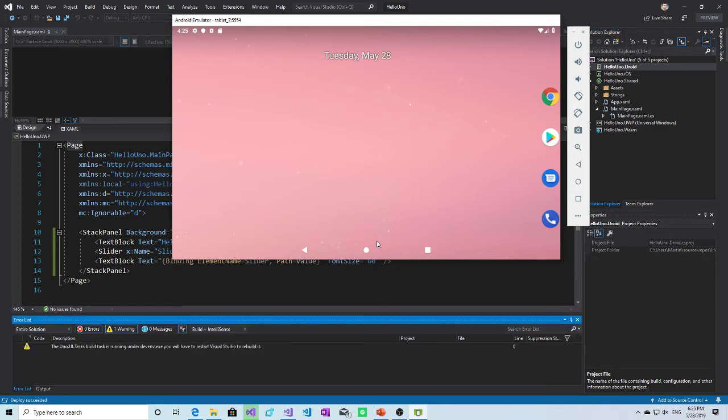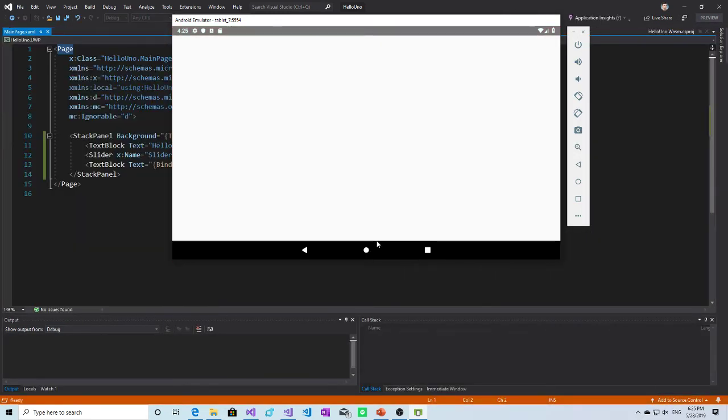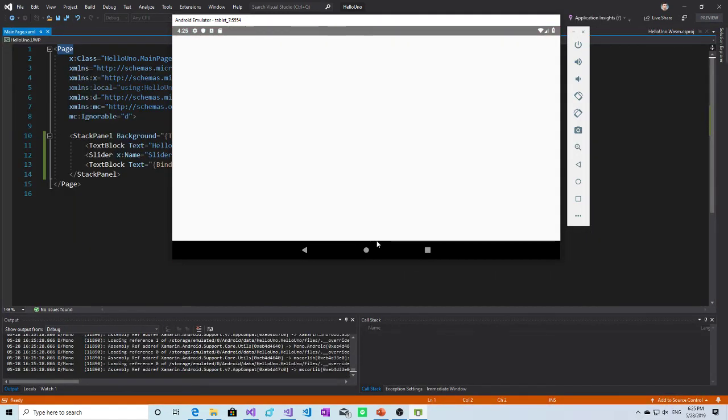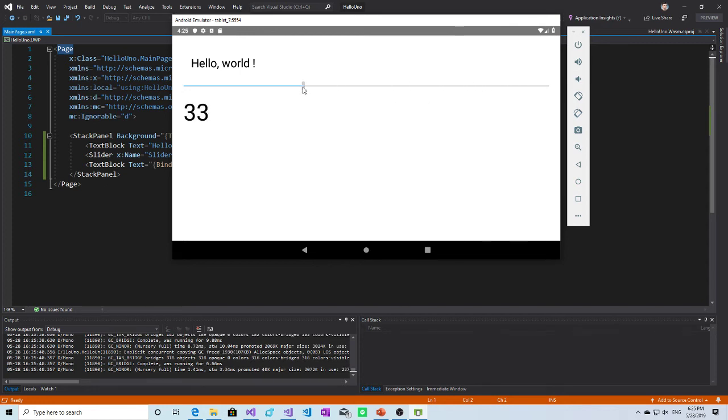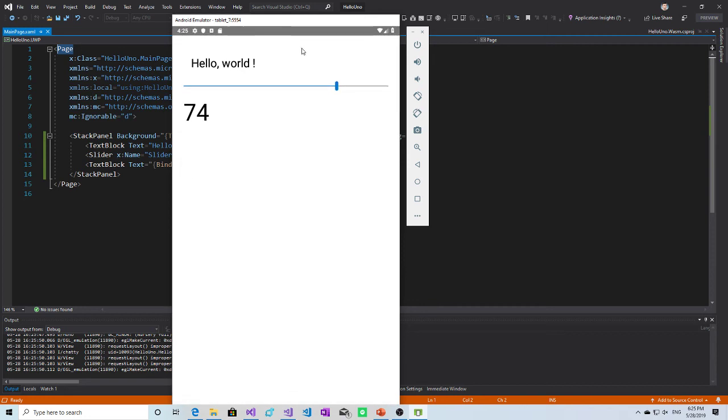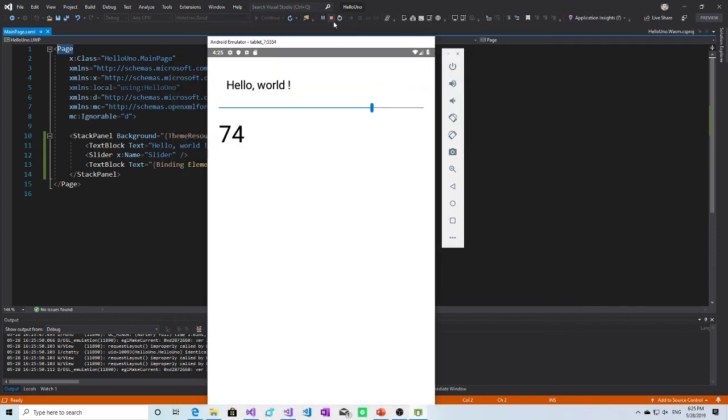Just a second. And it's here now. So that's the same UI running on Android. As you can see, I can slide and the value changes as you expect. It's a fully working XAML application on Android. Of course, orientation as well, and everything you expect from a normal Android application works as well.